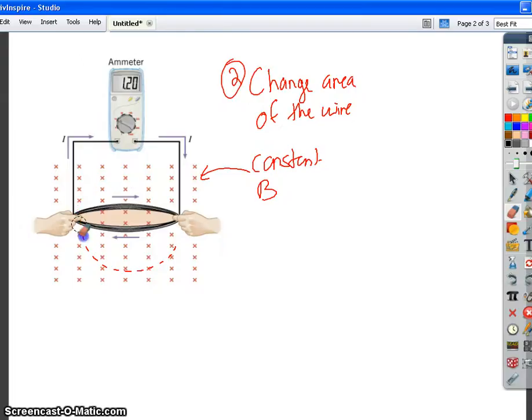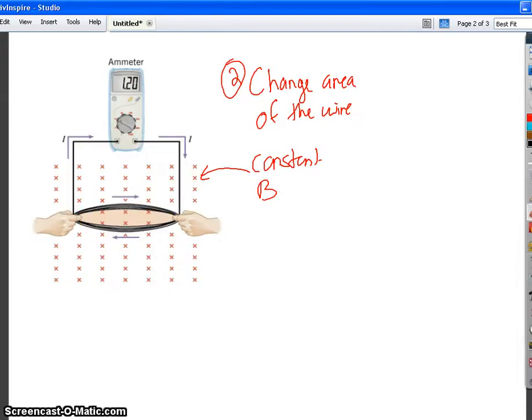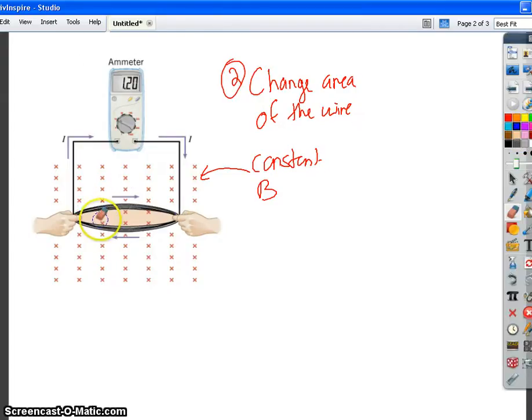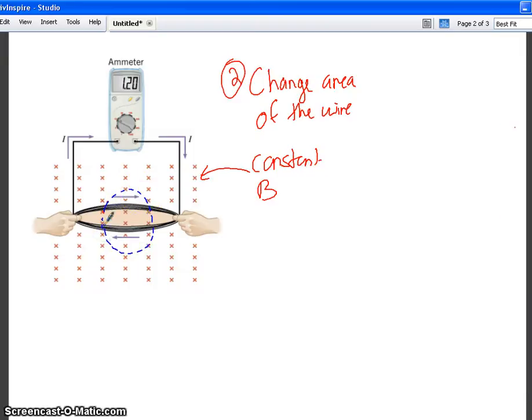Let me be more accurate in that drawing. Let's say the wire is about this big, normally. Well, this guy put his fingers in the wire and stretched them out. That changed the area inside the wire. So if we change the area of the loop of wire, that will induce a current